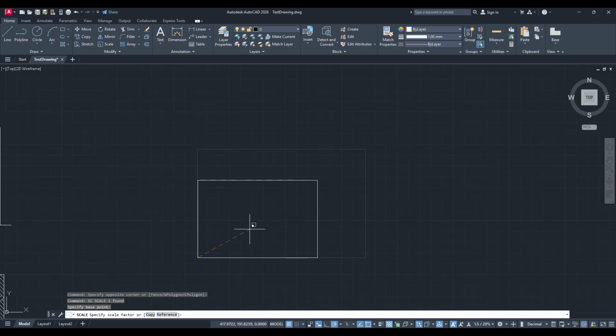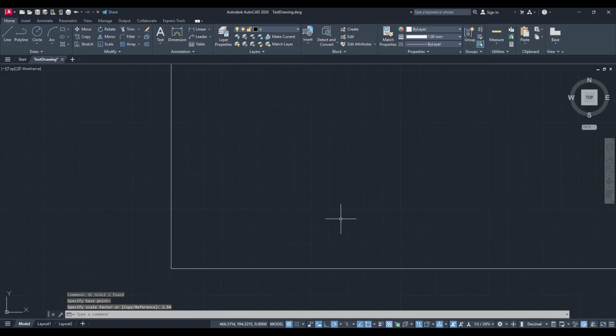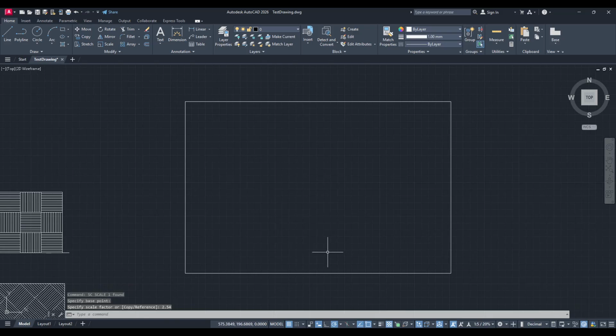Once you've established the base point, you'll need to input the scale factor. Since we know that 1 inch converts to 2.54 centimeters, enter 2.54 as your scaling factor and press Enter. By scaling with this factor, you ensure that every inch is accurately represented as 2.54 centimeters. After executing the Scale command, you'll notice your rectangle now reflects the dimensions converted from inches to centimeters